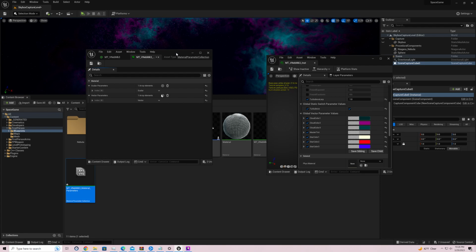Then you also need to tell it what parameter out of that MPC do you want to use here. And I want to use the only one I have currently, which is fade. And I'm going to wire that into my dither. Its default value is 1, so my opacity at this point should be 1. Save that. So my chair material opacity is going to be driven by